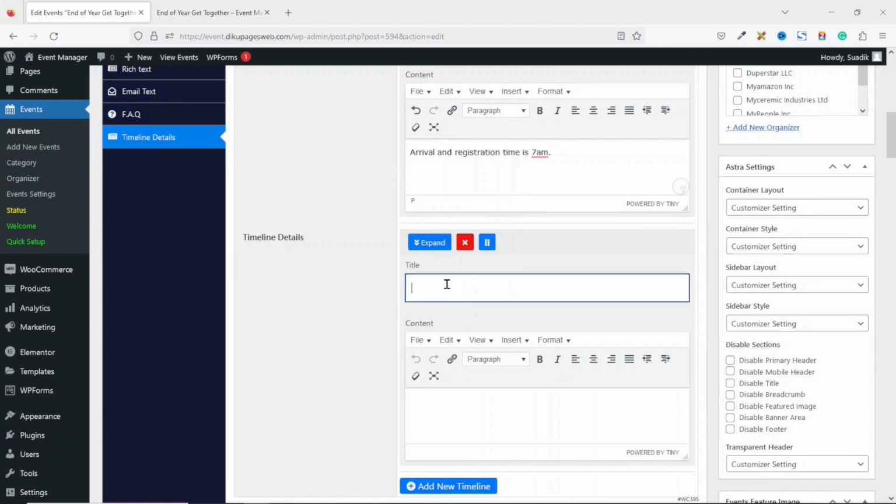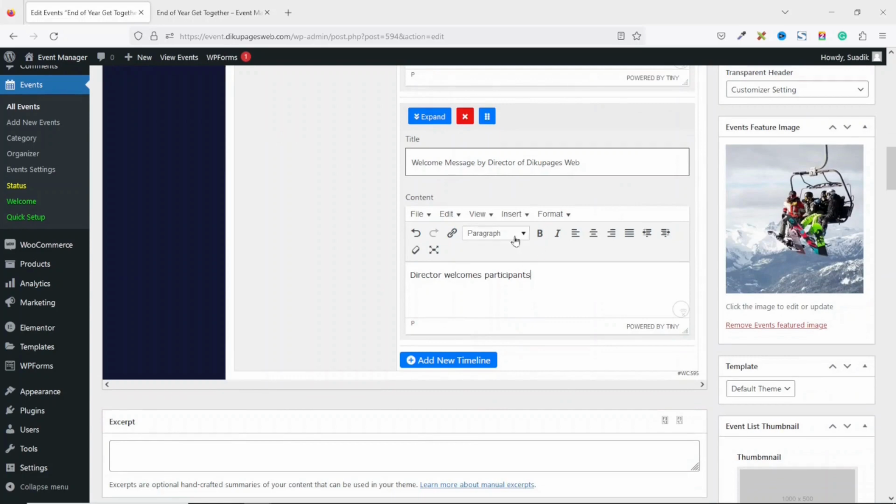In here, let's say maybe open prayer before the event starts, which is going to be 8 a.m. Take note, you are not limited to only entering time. You can enter whatever content you want. So in between, you can have the time the party will start, whatever activity participants will be going through can